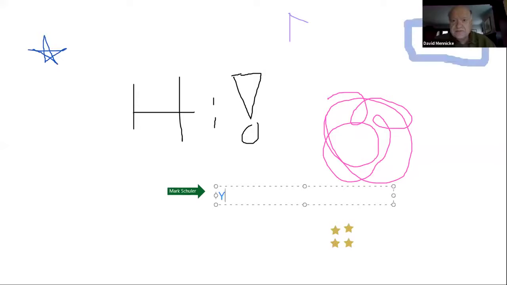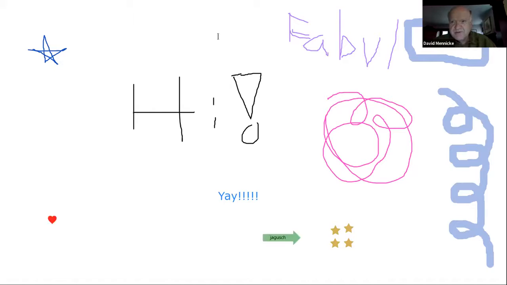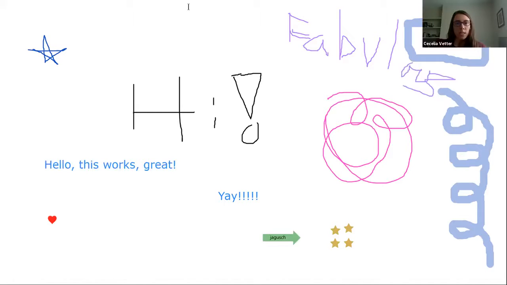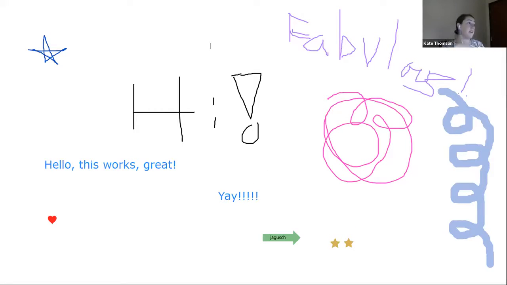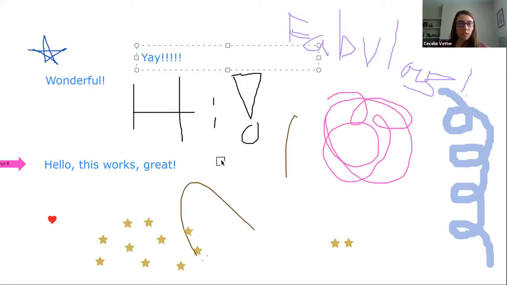Yep. Also, there are text boxes, and I'm so happy that people are having fun and able to put stuff in. Do I need a stylus to draw in this? There is a menu across the top that allows you to grab a tool, and essentially you can draw with your mouse. I don't have great handwriting with my mouse, but David, if you have a touch screen, you can actually use your finger right on the screen. Right. And there's even a select button where you can select things and then move them around.